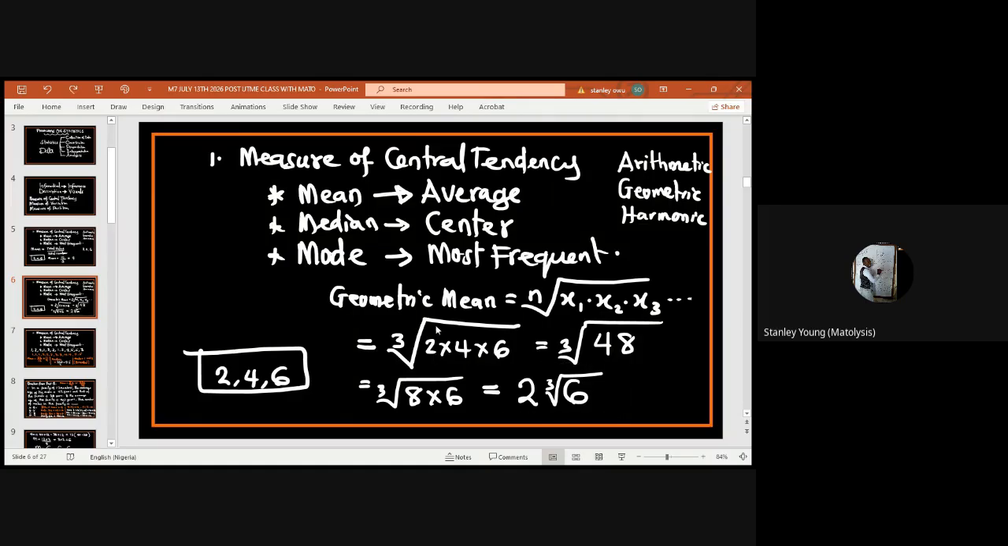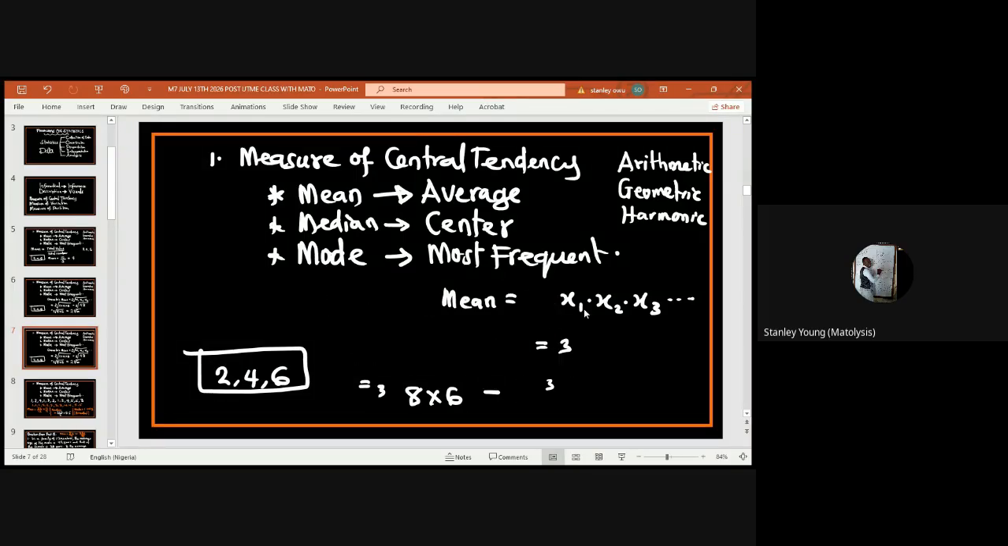So this is how you find geometric mean. It's just the nth root of the product of what? N numbers. But if the question wants to define what they call the harmonic mean, okay? Harmonic mean. The harmonic mean itself,